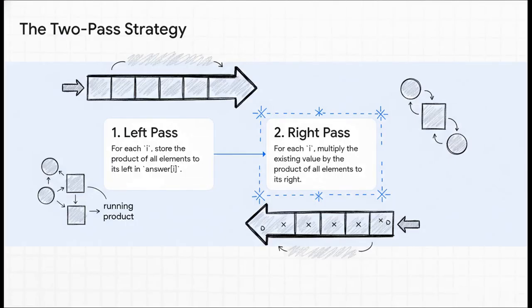In our first pass, we're going to travel from left to right. For each position in our answer array, we'll store the running product of everything that came before it. Then, we do a second pass, this time from right to left. And for each spot, we'll multiply the value we already stored there by the running product of everything that comes